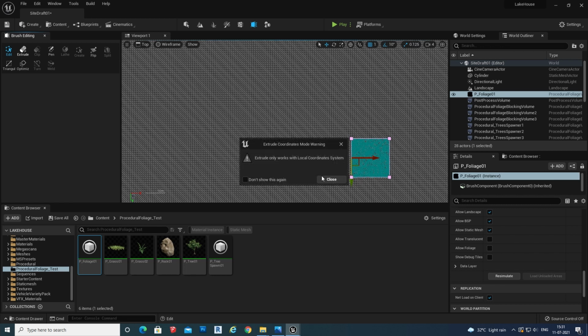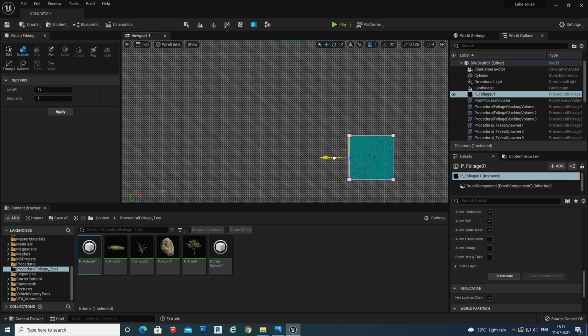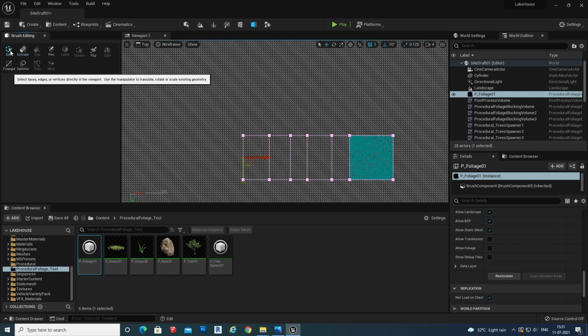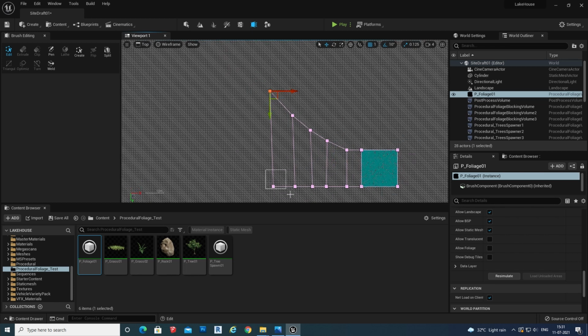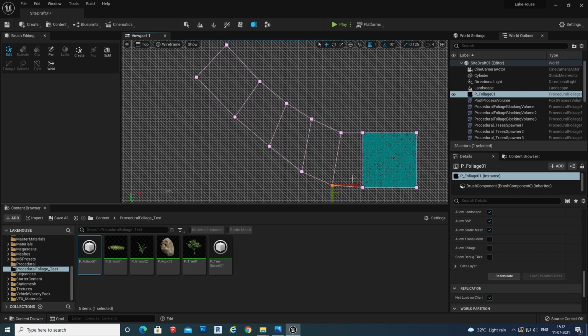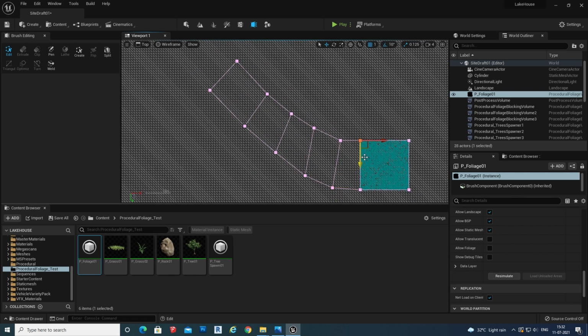When you extrude, it's like a model editing tool. You can just move the vertex and create your own shape. So I'm getting some curve shape.